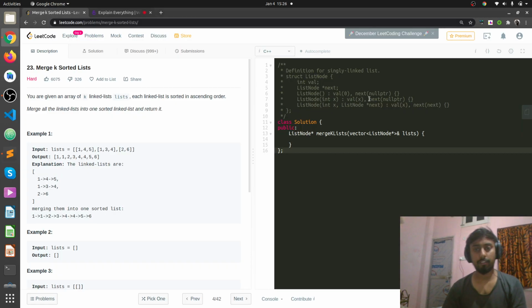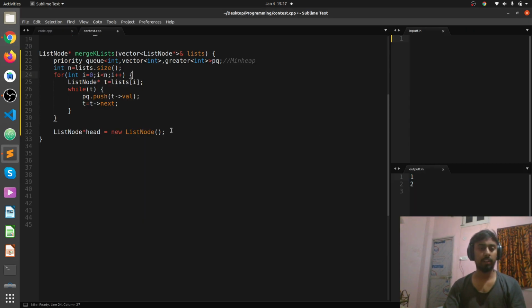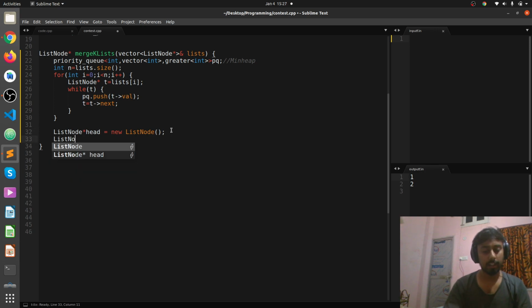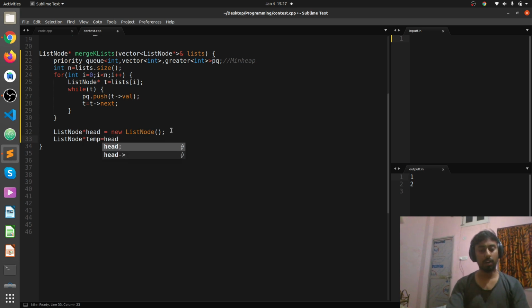If we declare a new node like this, its value will be 0. In the end we have to return the head, so we don't want to disturb the original head of the new linked list. So we will create a temporary node which points to our head.